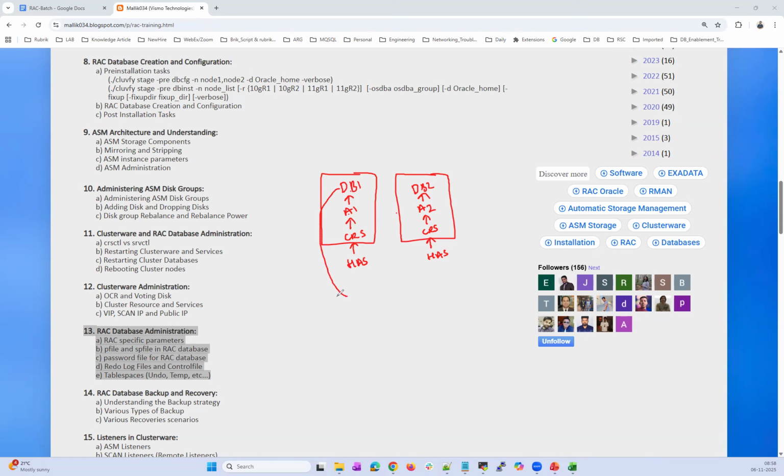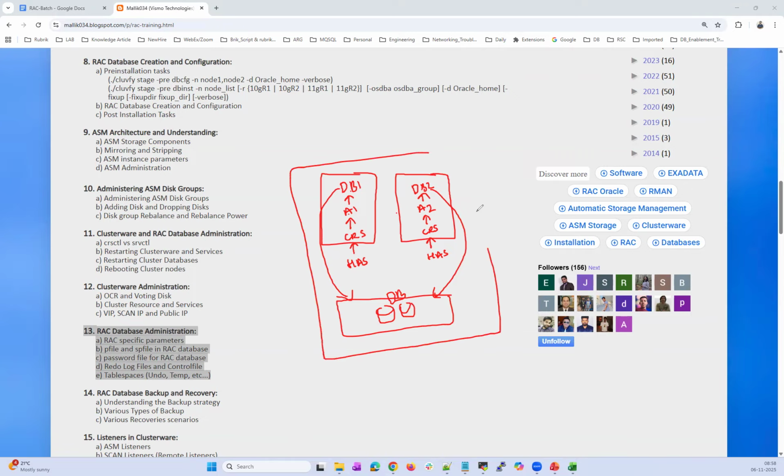And then this database instance and this database instance are part of your ASM disk groups. Here your actual database resides. So this entire combination you can think of as RAC, Real Application Cluster. So two nodes, two database instances, two ASM instances, and the cluster services on both nodes, and both the cluster services are running on HAS located locally on that node. And those databases reside on shared storage, where that storage is mapped to both the servers.